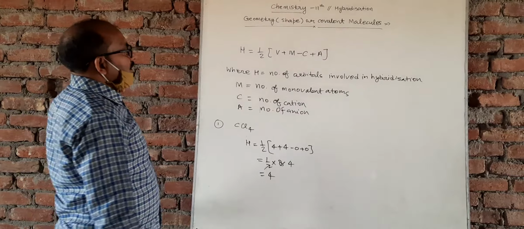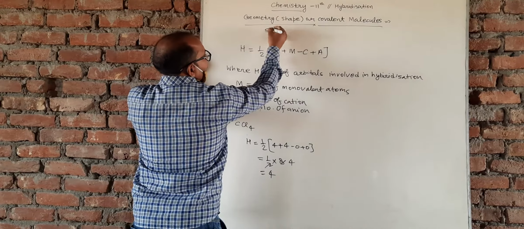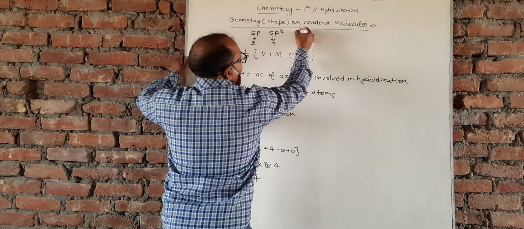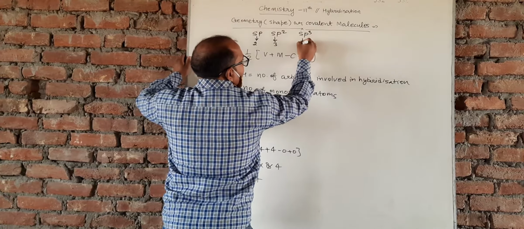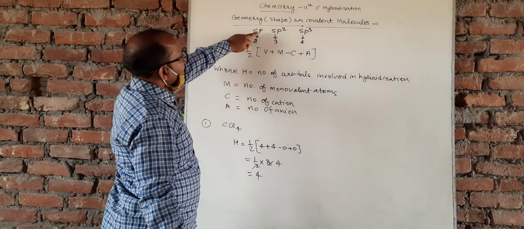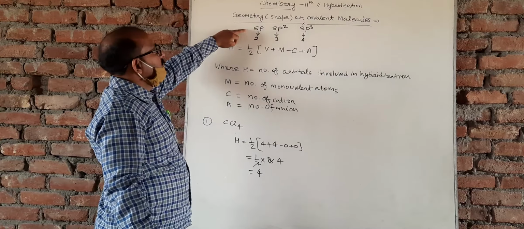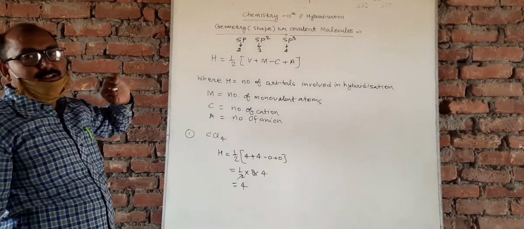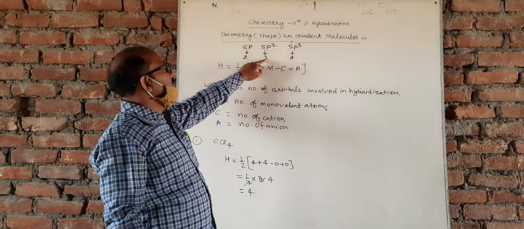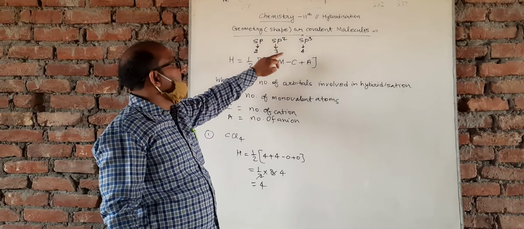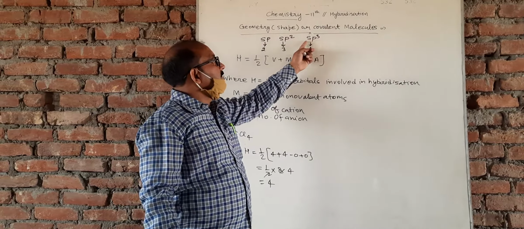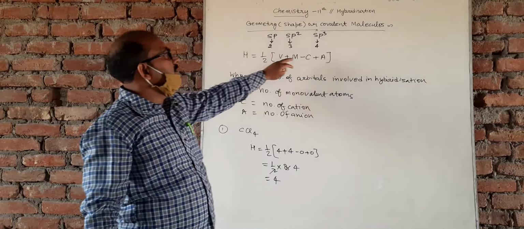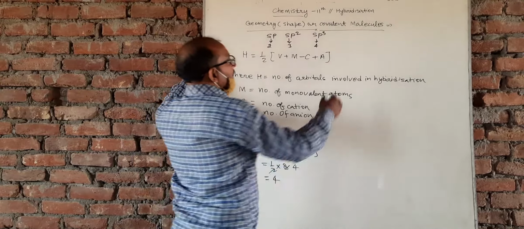When the value of H is 2, that means 2 orbitals, one s and one p, so that compound represents sp hybridization. When H equals 3, the compound represents sp2 hybridization, with 3 orbitals. When H equals 4, that is one s and 3 p, a total of 4 orbitals, so sp3 hybridization.